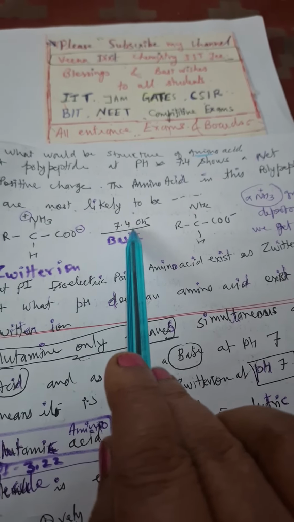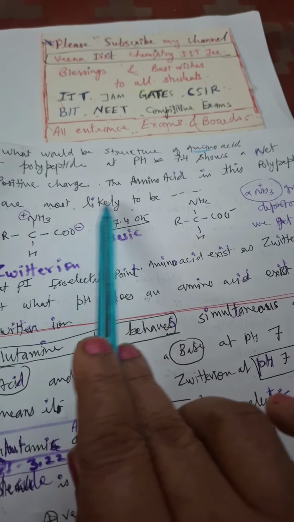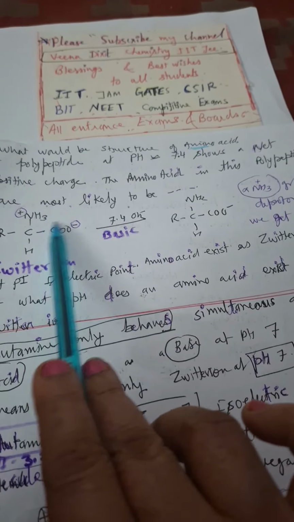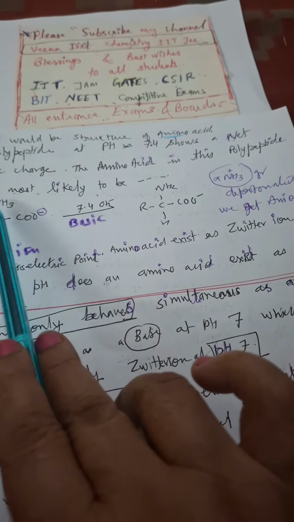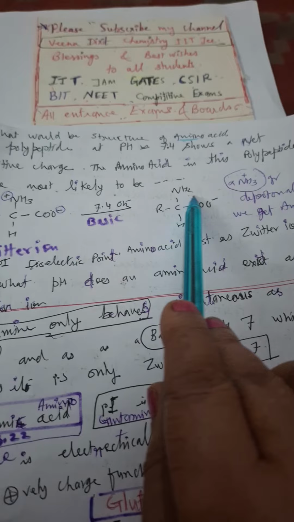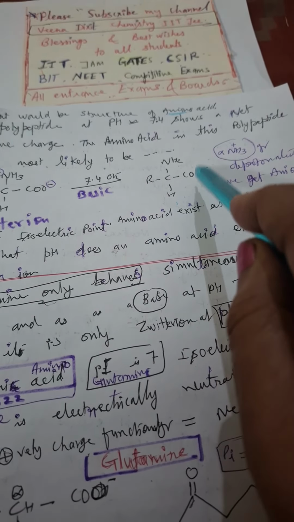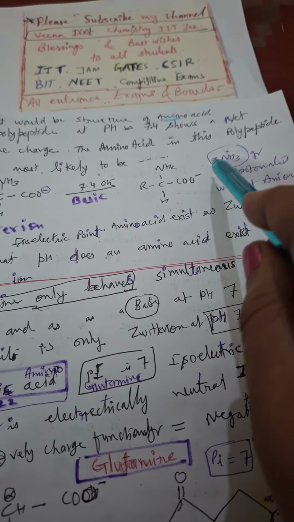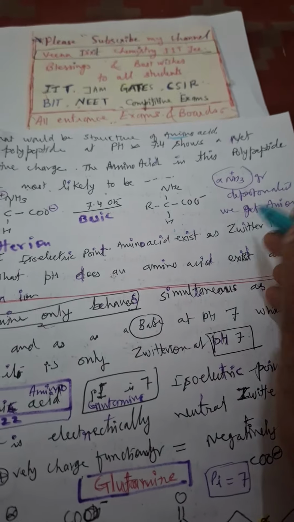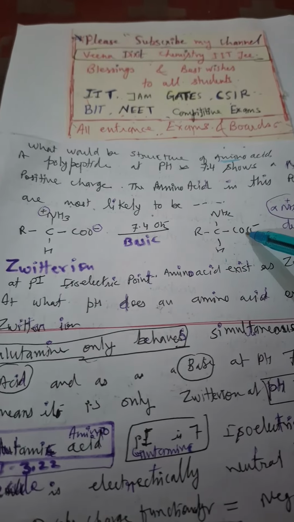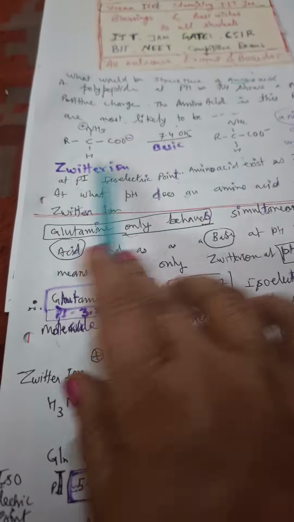Okay, so when pH is 7.4, that is in basic medium, slightly basic medium, this H will be lost, deprotonated. It will form water with OH negative in basic medium. So after deprotonation it becomes NH2, and the whole species has one negative charge. So the alpha ammonium group is deprotonated, so we get an anion. What do we get? Anion. Only one negative charge is there. Here this is a neutral species because positive and negative charges are equal.